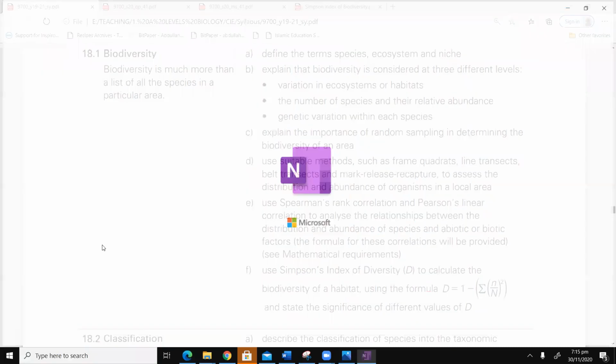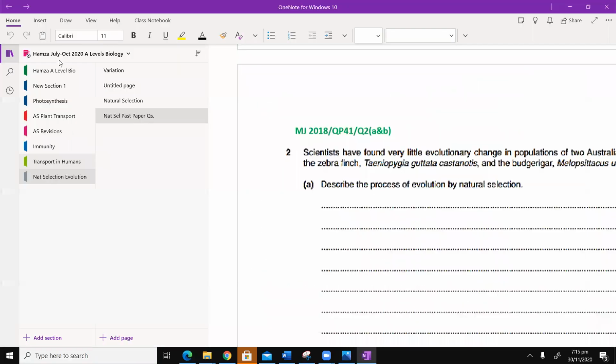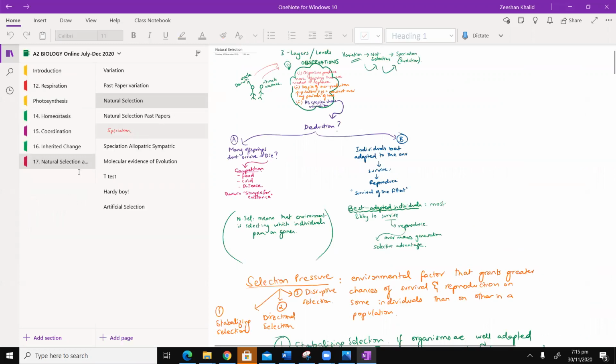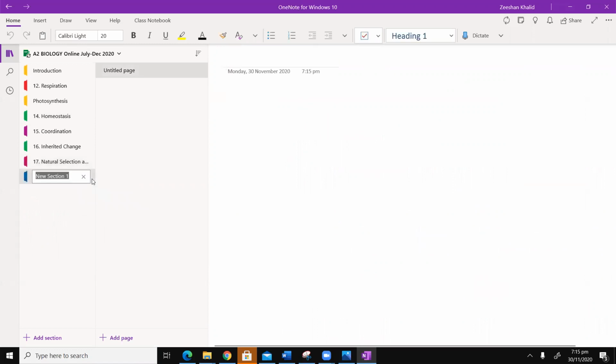So let's begin. Finally, we are moving on to our second last topic. Everything is online now, and I forget where things are. Where is A2? Oh, there it is. So now we will open the new section. This is 18, which is biodiversity,